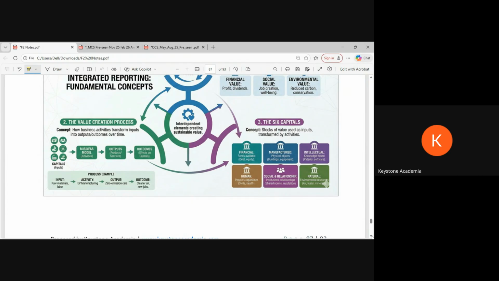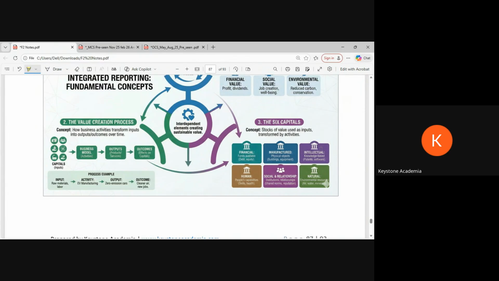Financial capital is what we have financially. Let's say how much retained earnings we have, what is the cash at bank. This is a little bit from our financial reporting itself, but a little bit extra on that. Our inventory. Then manufacturing capital, maybe not relevant for us because we don't do manufacturing at Ressett, but in manufacturing, they are looking at what level of automation we have, what level of machines we have, how we are coping up with the future of manufacturing.